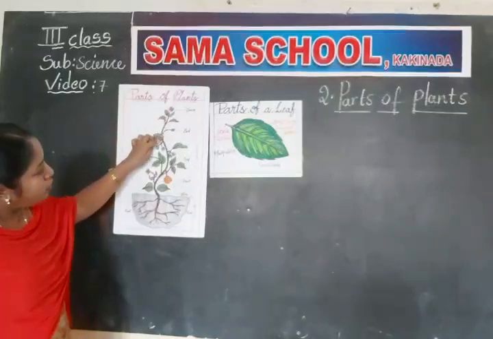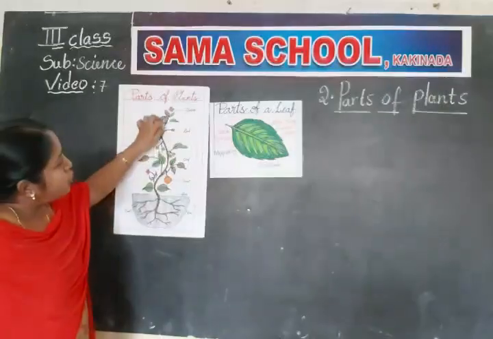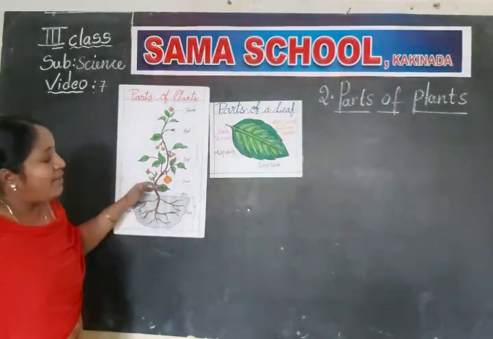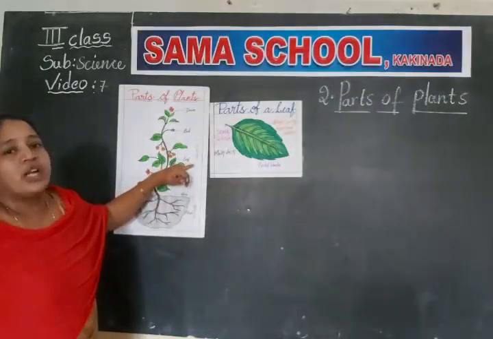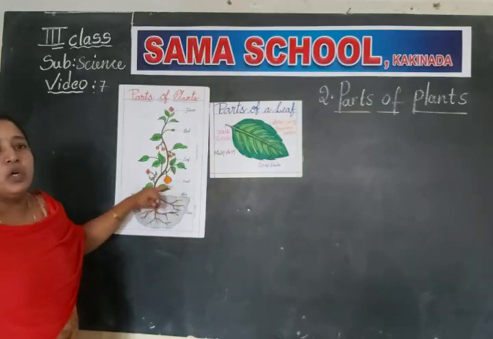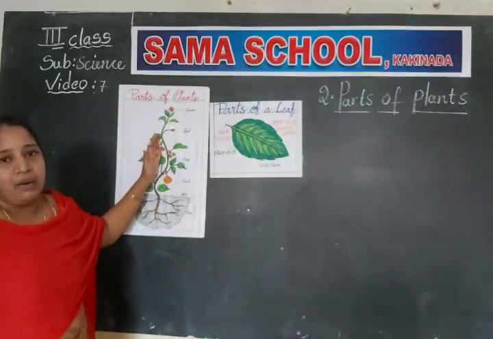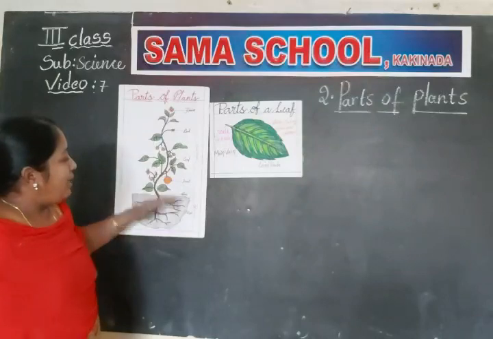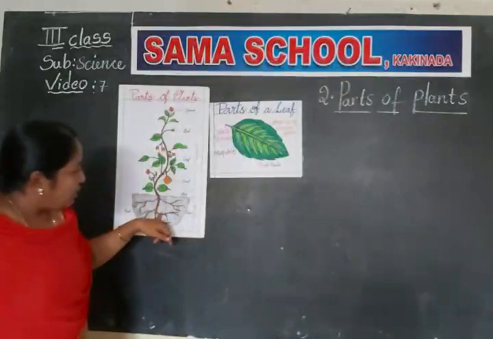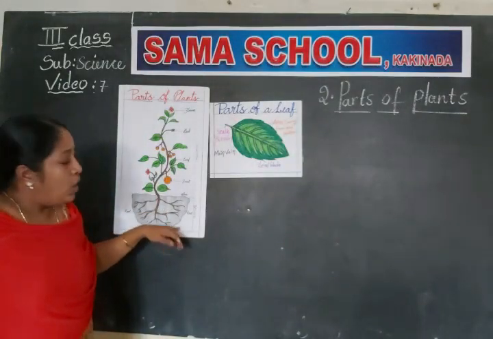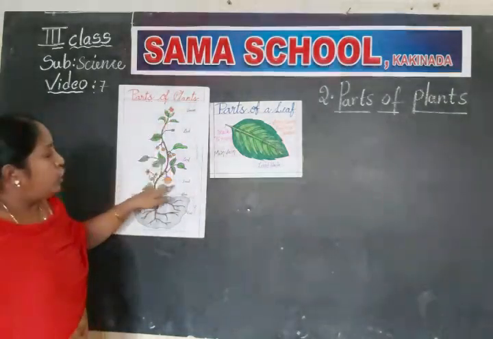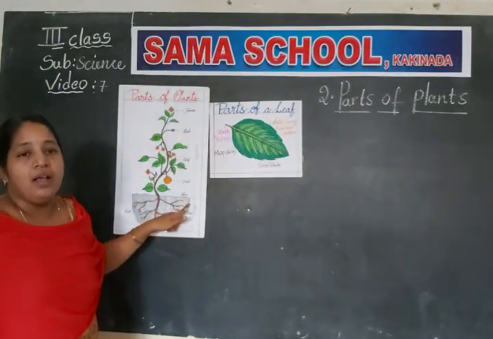And if you observe the shoot part, there are some other parts on the shoot part, see, flower, bud, leaf, fruit, stem. And already we have completed stem and structure of leaf. Again we should collect all the points. Okay, stem grows above the ground. And what is the main function of the stem, children? Already we have learned. The roots absorb the water and minerals. Now these water and minerals are carried to different parts of the plant through stem. That is the main function of the stem.